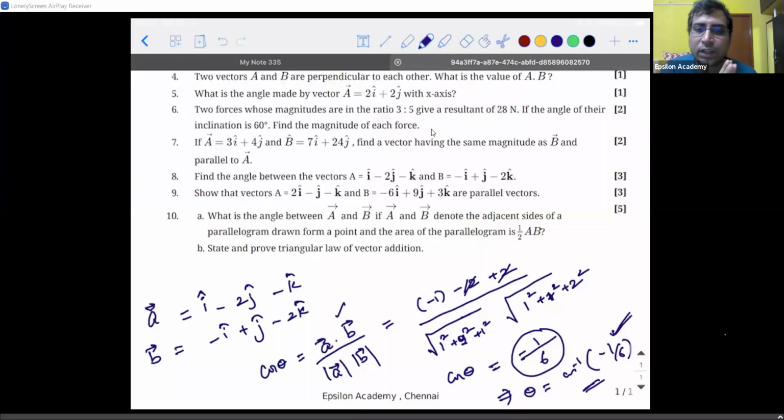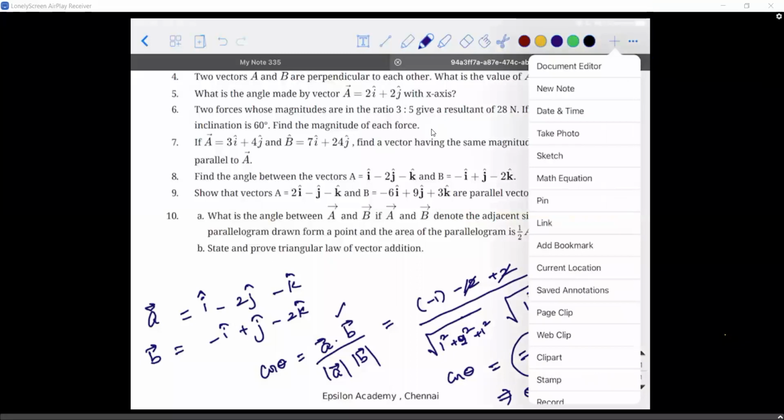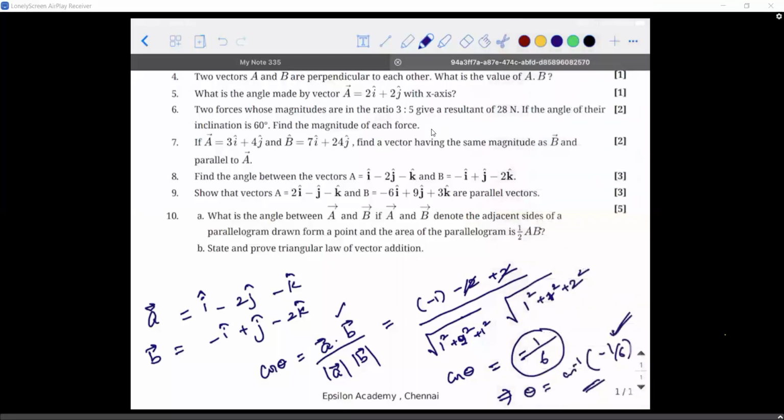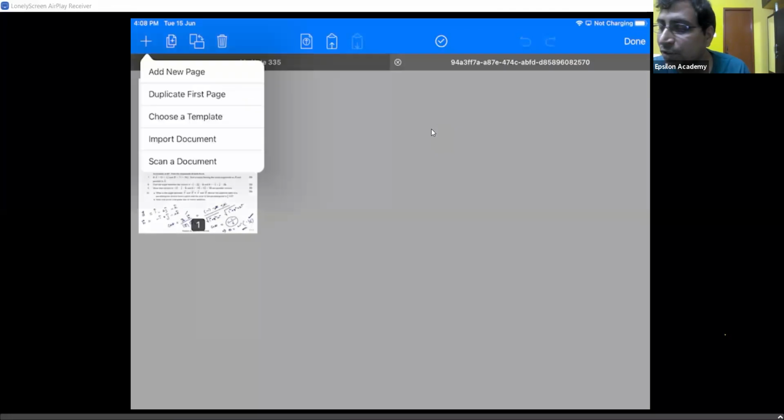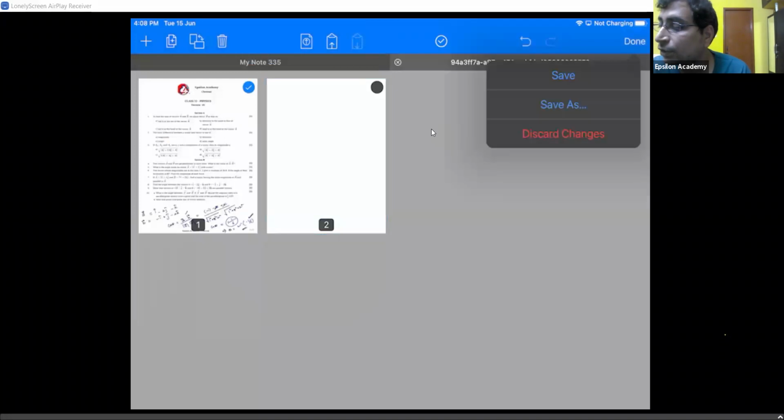See, if two vectors are given, you can prove them to be parallel. One of the conditions is this cos theta formula. If I take a second condition, from the definition of parallel vectors, if one vector is equal to lambda times another vector, I can still prove them to be parallel. Can you create a question where they are parallel vectors? I gave you a hint just now.